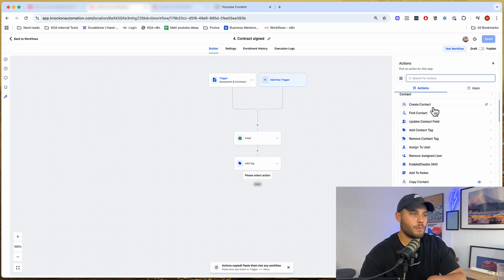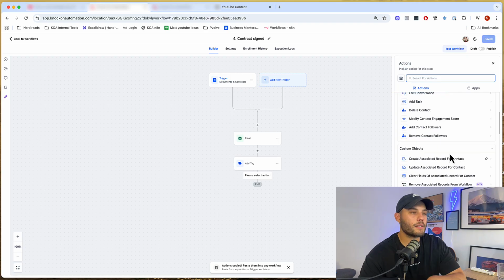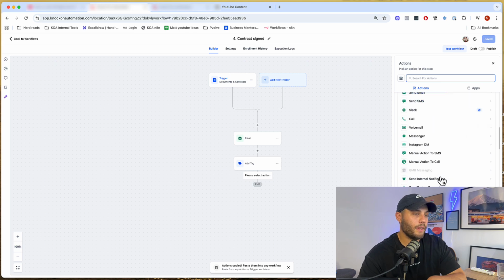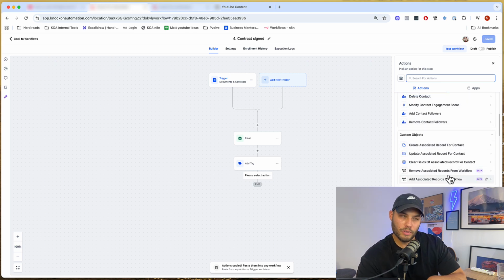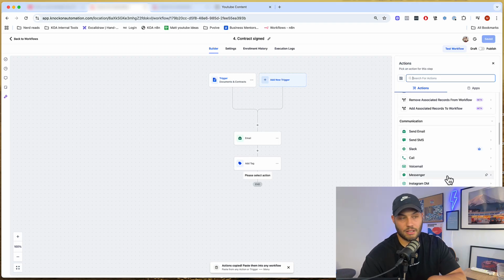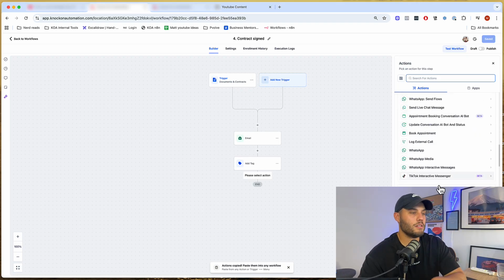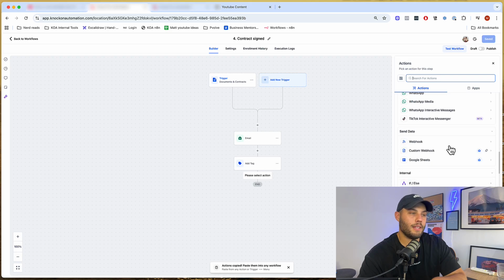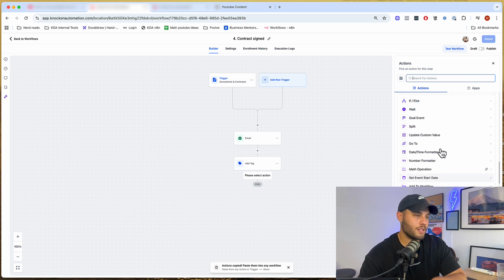And then going through the actions step, because it's not the same. So we've got contacts. We can edit and manipulate contacts. We can update custom records. So this is a new section of GHL. It's come out within the last year. And what is it? Remove associated records from workflow. Oh, that's fine. Communication, send emails, send SMS, send a Slack message, send a call, voicemail, Messenger, so Facebook Messenger,